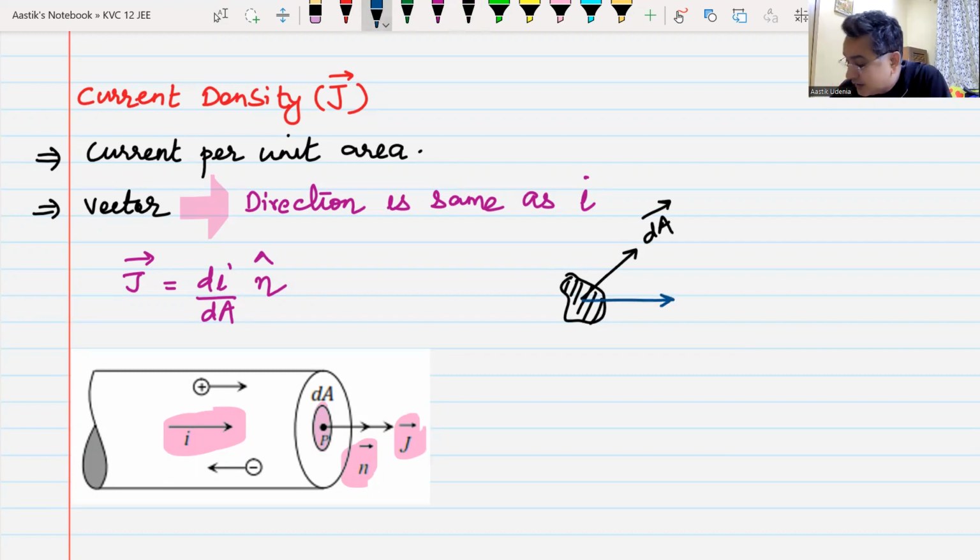And this is your current density vector, J vector. Both of these are inclined at the legendary angle theta. Then I can relate this J vector, dA vector, and theta with current. Can anyone tell me? Current is a scalar, current density is a vector, area is a vector, and theta is the angle. That should remind you of something that we had done